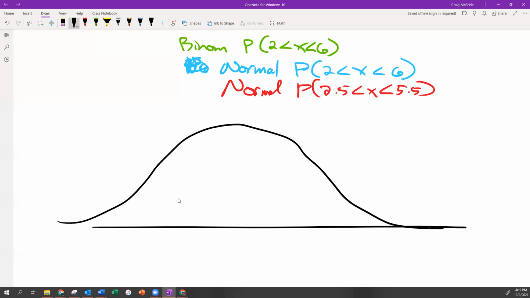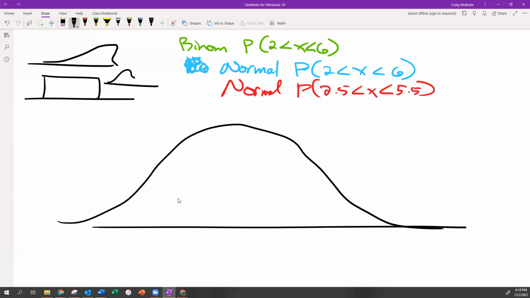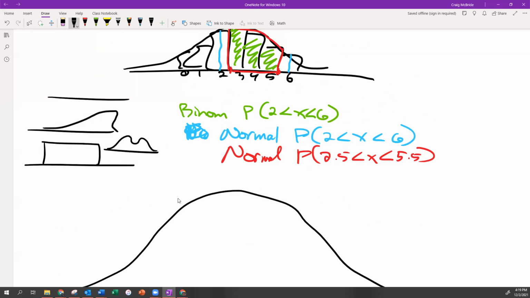Your population could be uniform, where everything has equal probability. It could be hugely skewed, right? It could be bimodal. It could be just some weird shape. Whatever it is, it doesn't matter what your population looks like. If you took every single different sample of size 20 or larger, and you have to go 20 or larger,